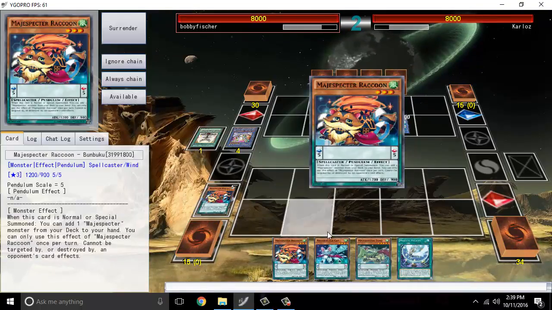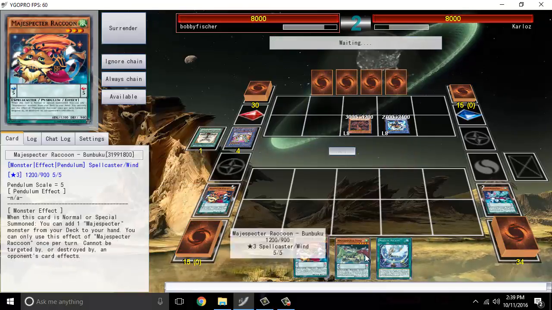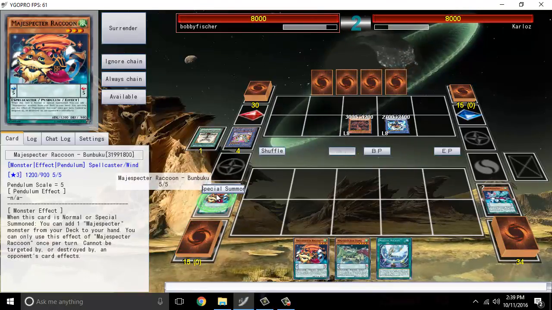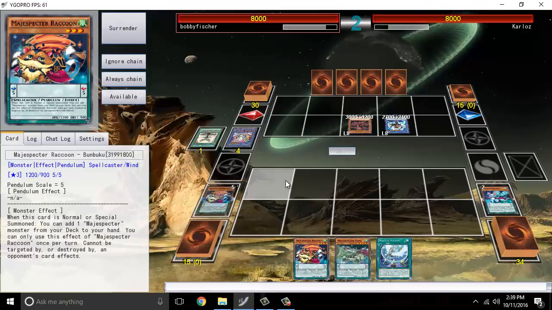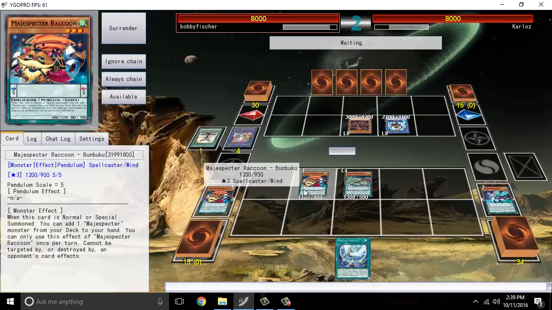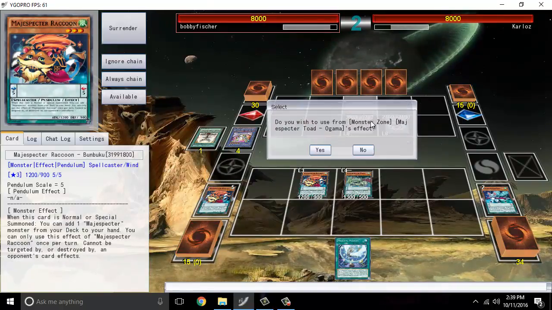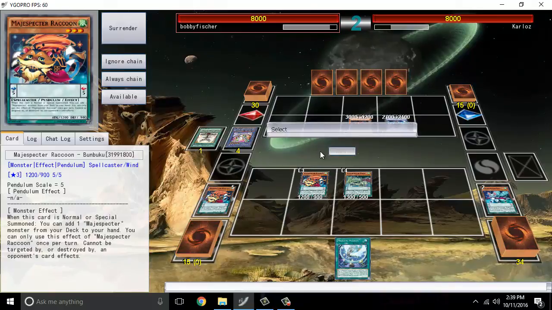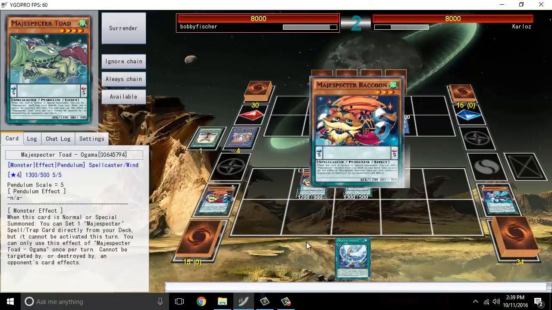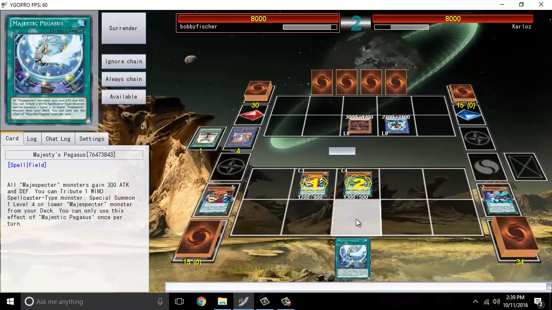So activate this guy. Activate Cat. And we'll go ahead and pendulum these 2. This is going to let us tribute summon Kieran when we search it. So that's going to be good. So let's go ahead and do that. And then we will go ahead and get a Toad effect. We're going to get Kieran. And yes. Let's see. 1, 2. And we're going to go ahead and I think searching something like...